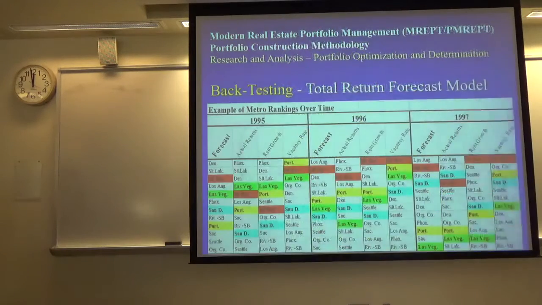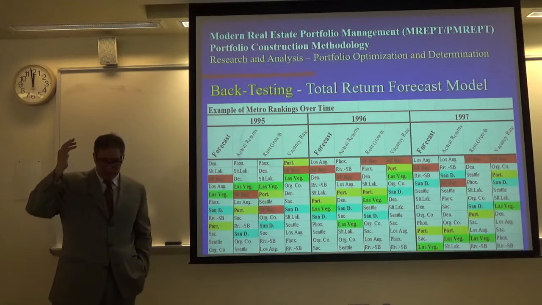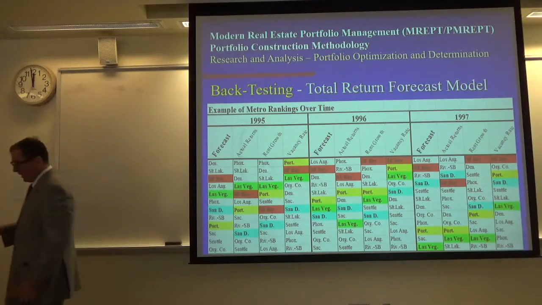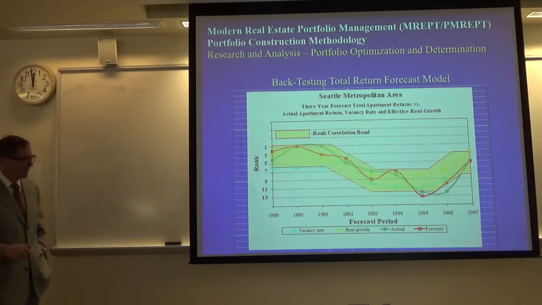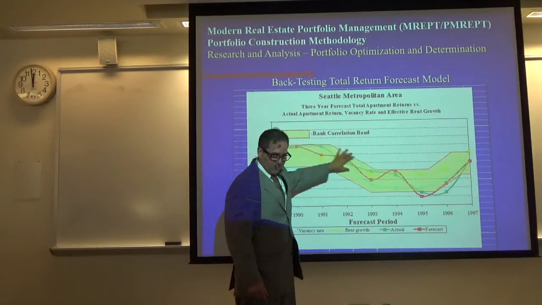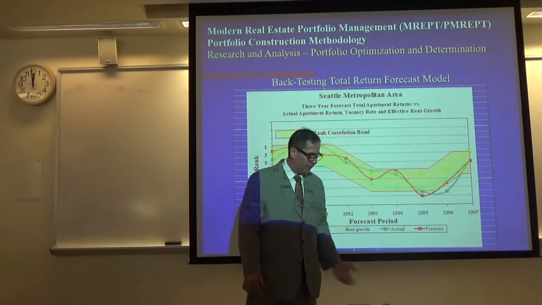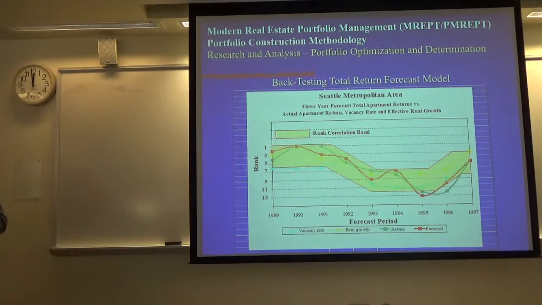Then we looked at the ability of the model to forecast, basically ranking the returns against vacancies and occupancies and other market factors, and the rankings turned out to be pretty good. So again, just another confirmation. And then looking at these rankings over time, compared to the other factors, you can see that there was a very tight band around those rankings. So again, another confirmation of the ability of the forecast model to forecast returns.